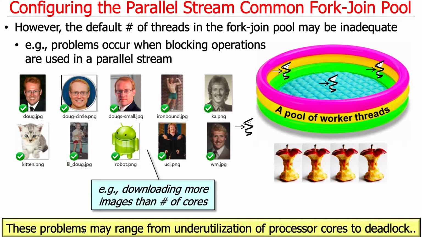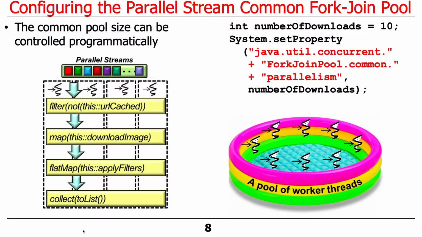So it turns out that blocking with a limited number of threads can be an impediment and can degrade performance. Very important concept to get your head around. Okay, so what are we going to do? Well, there's a couple of things we could do. One thing you can do, which is a little bit of a sledgehammer approach, but it does work,